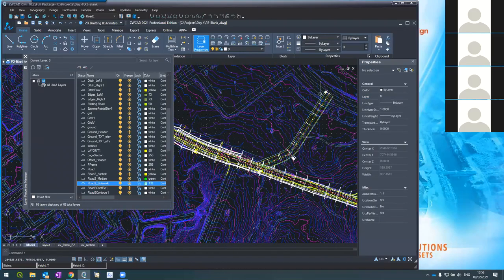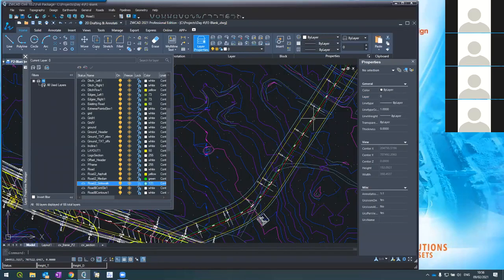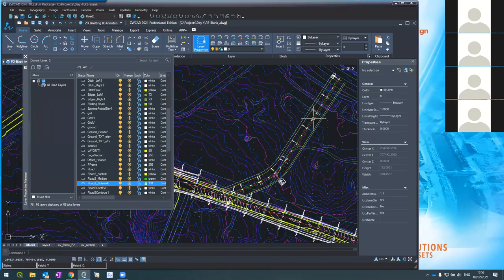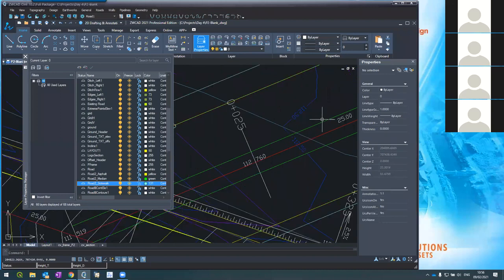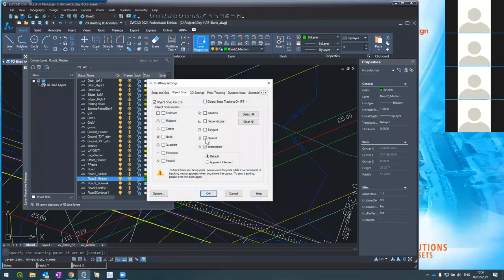But I've not done. What I want to do, I do 2 changes. First of all, my median doesn't end up here, it ends up somewhere here. So again, I will not do real design, I just do it quick. So what I'll do, I'll create an arc. Let's make the median as the current layer. And I'll do an arc. I know it's not precise, so again, setting nearest